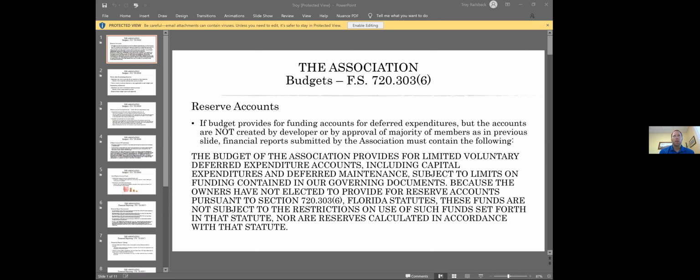Our methodology, what we try to invoke on our boards and associations that we have the opportunity to manage, is that an association is a business and it should be run like a business. The business has shareholders.